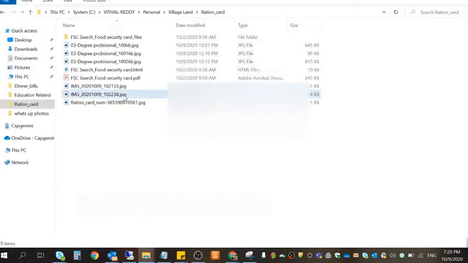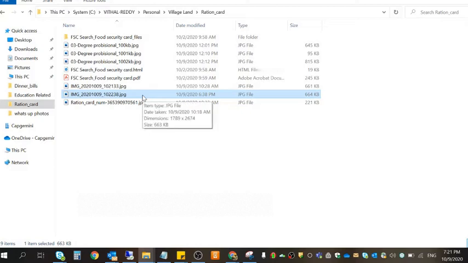Anyway, whatever it is, the image is right. I am going to reduce the size. It is 664 KB, which is more than 100 KB, so you cannot upload it. While uploading you will get the error. Now how to reduce the size from 664 KB to below 100 KB?